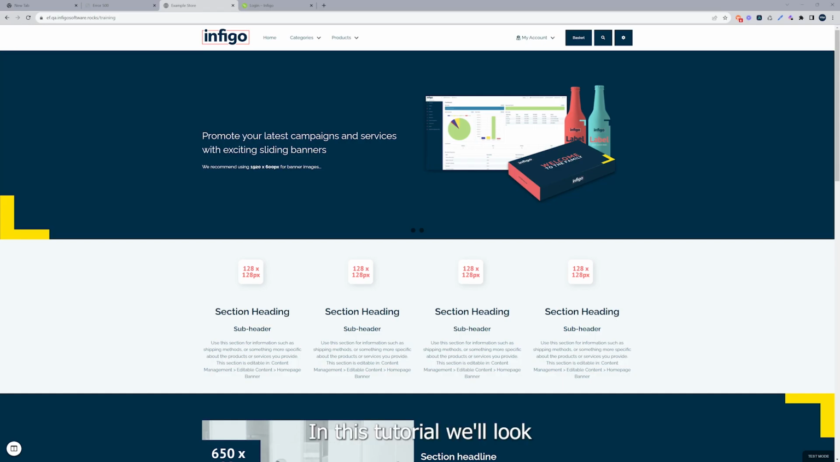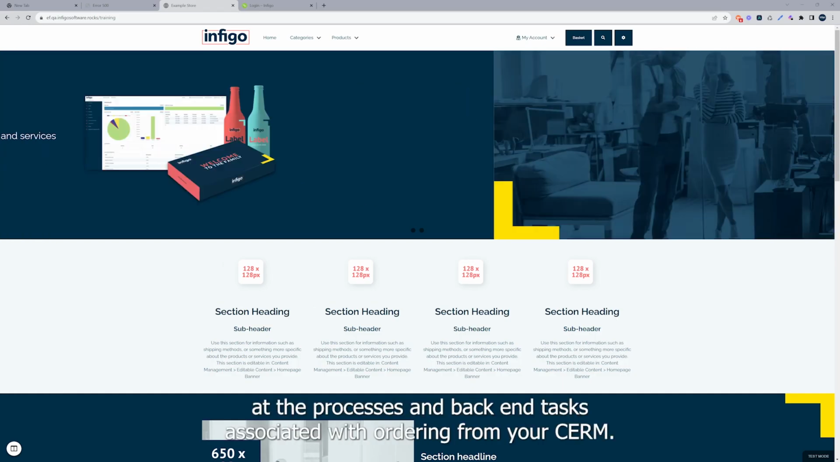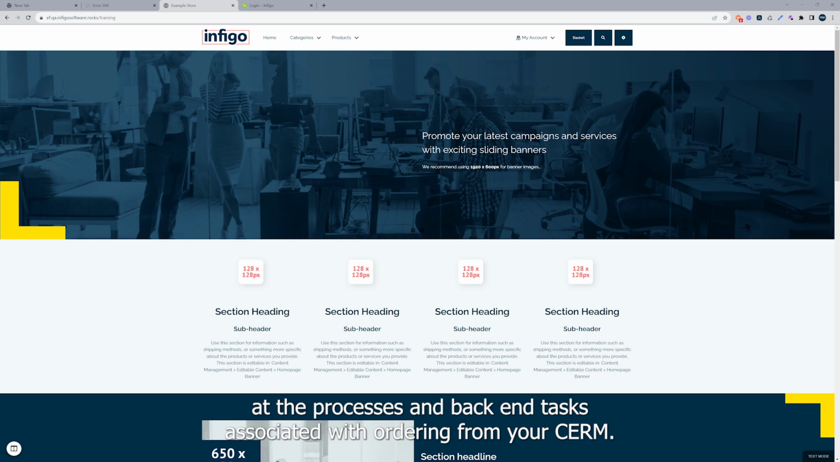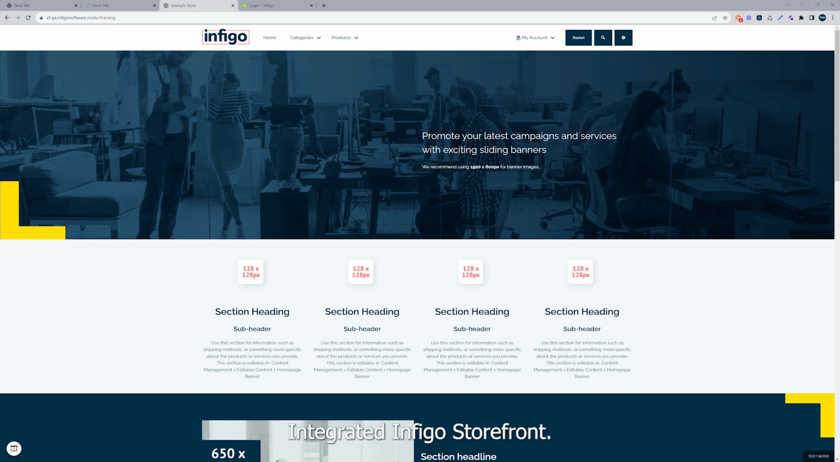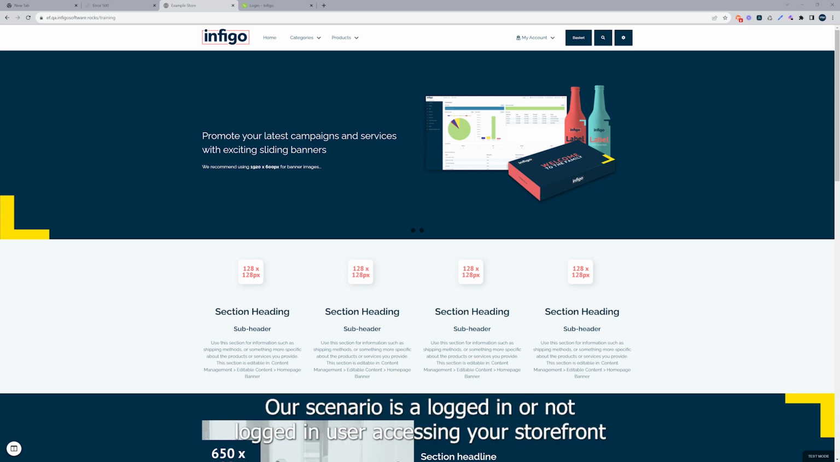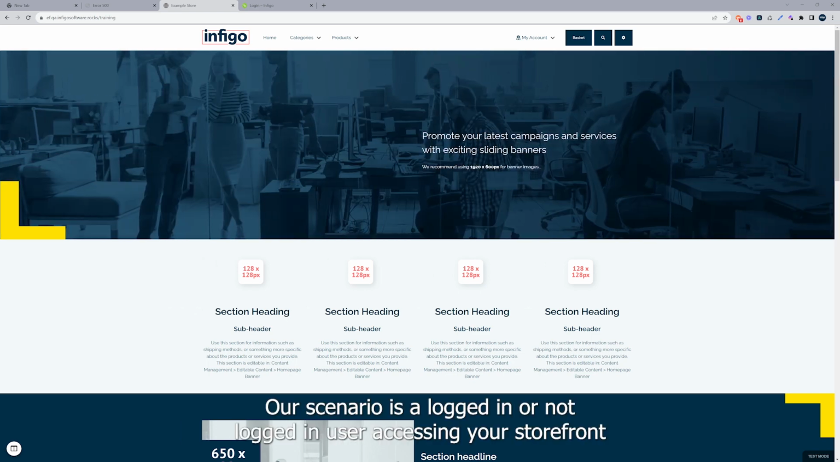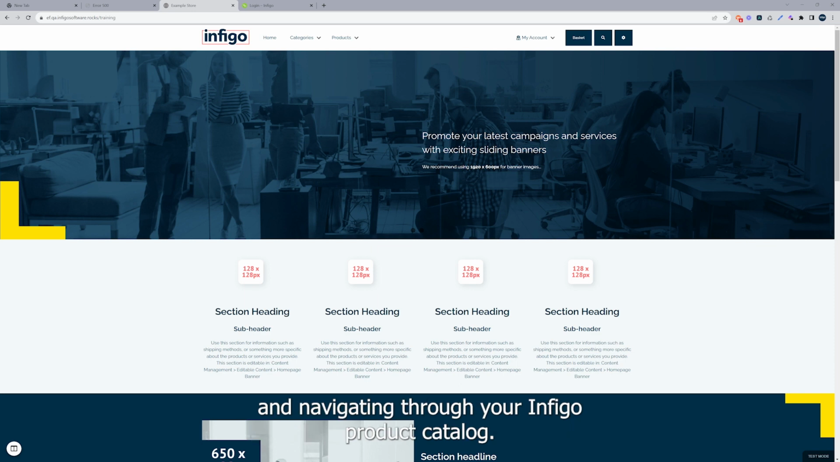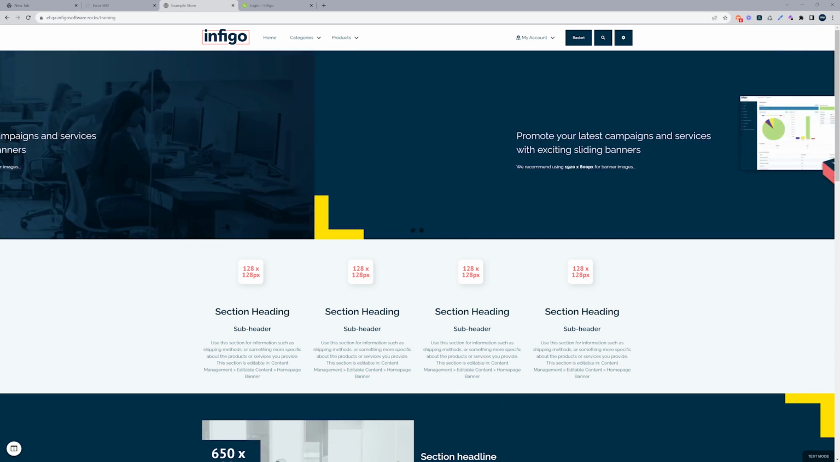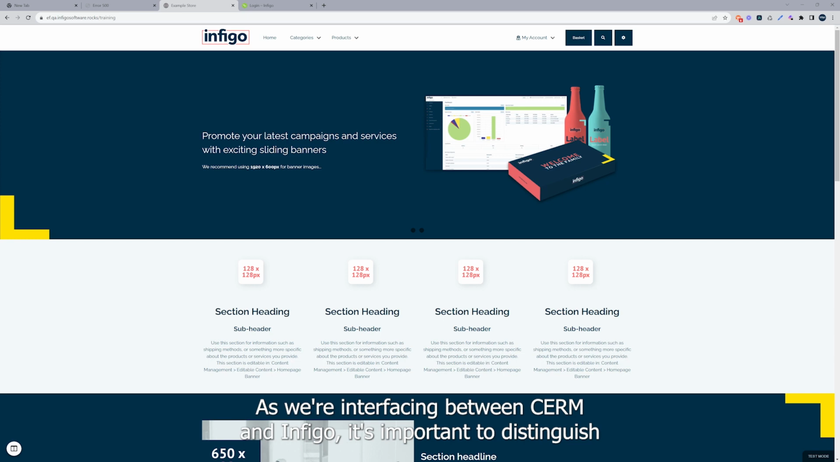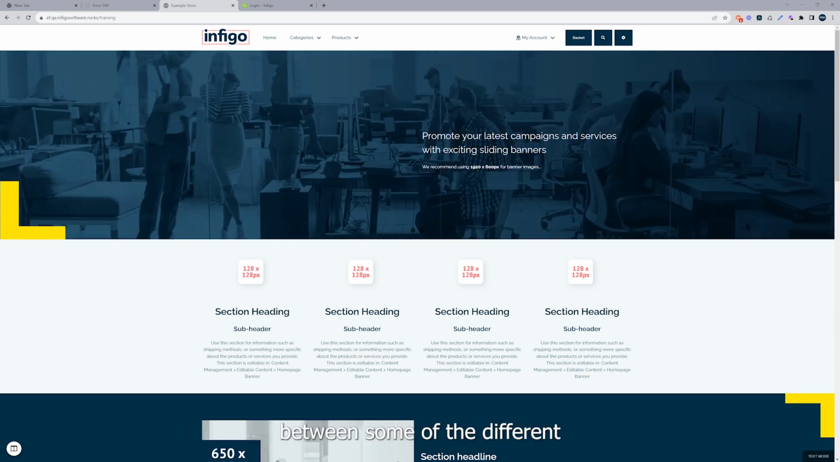In this tutorial, we'll look at the processes and back-end tasks associated with ordering from your CERM integrated Infigo storefront. Our scenario is a logged in or non-logged in user accessing your storefront and navigating through your Infigo product catalog. As we're interfacing between CERM and Infigo, it's important to distinguish between some of the different terminology used by both